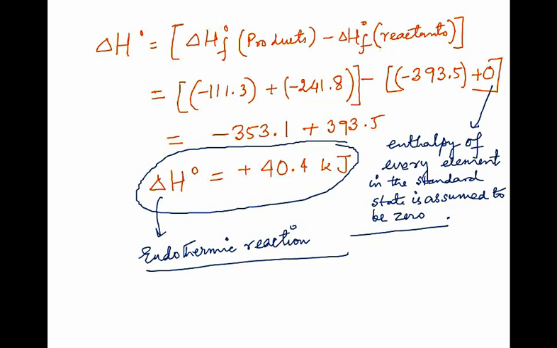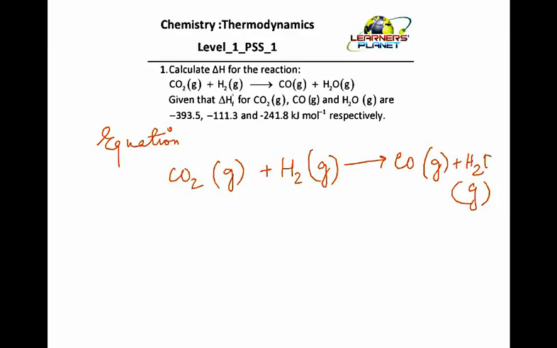So I hope you have understood this particular problem. First we have to write down the equation, then we have to remember that delta H0 is equal to the H of products minus the heat of formation of the reactants, and just by subtracting the above values we will get the value of delta H0. So this was the first problem of our session today. Now we move along with the next problem, and